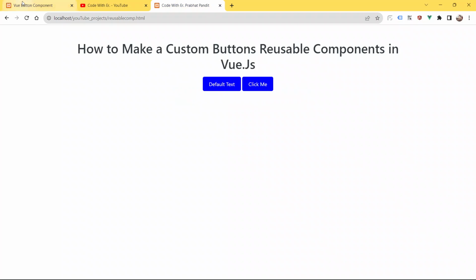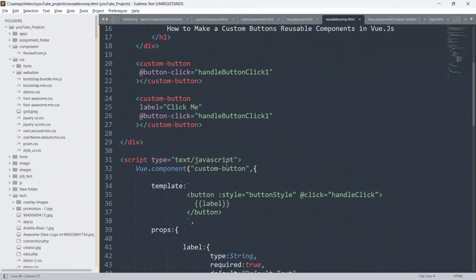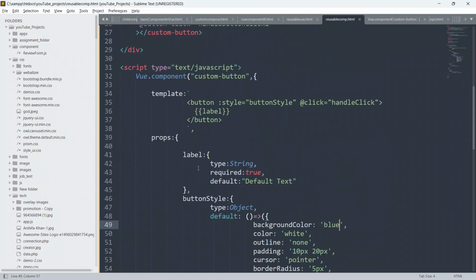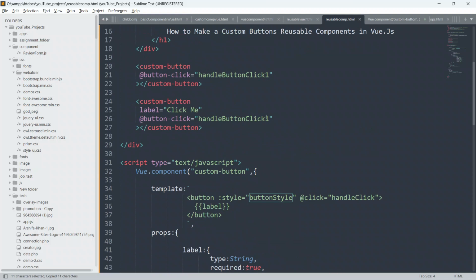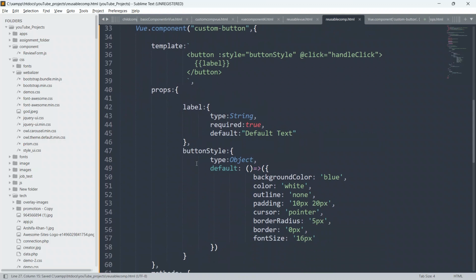Now we will change the color to black, so the second button will be black. We have to define our style also here. We just copy this button style from here, and we will say colon, because we are binding here, and then button-style, because you can see I have given camel case notation, button style.